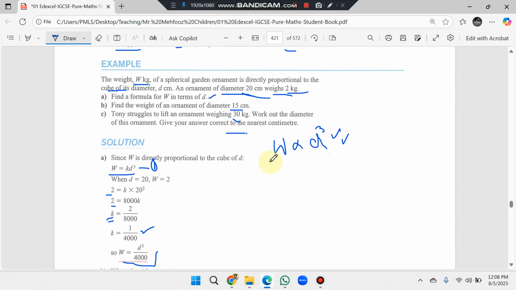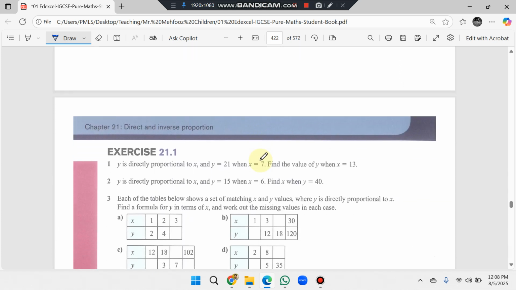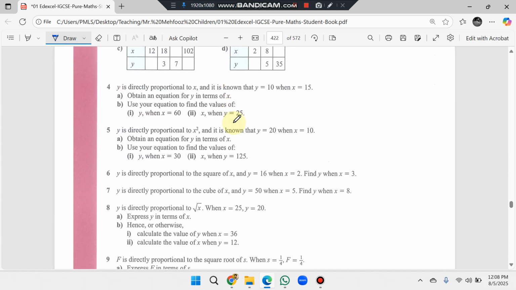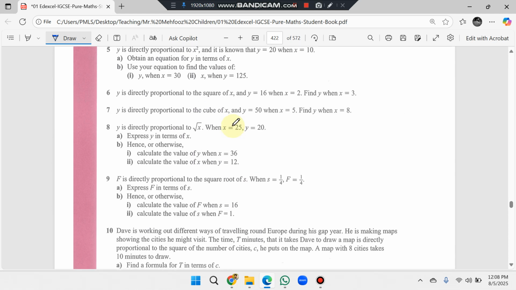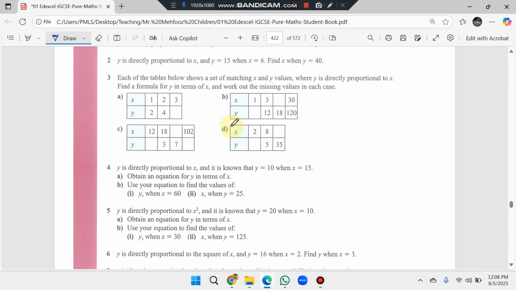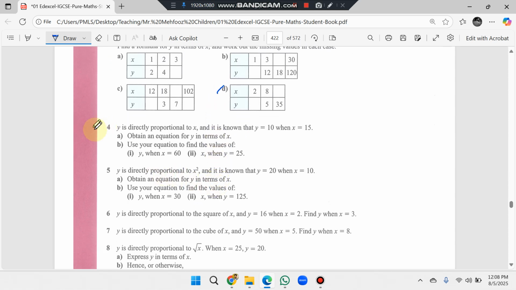Do you have any problem in this example? No. Okay, next is the exercise, and you can see in this exercise all the questions are about direct proportion, which we have studied in the previous lecture and this lecture. You have to do the questions from the exercise, that are question number 1, question number 3 part D, and question number 4,